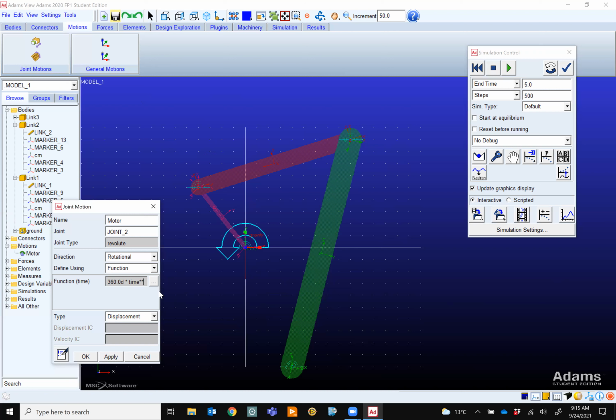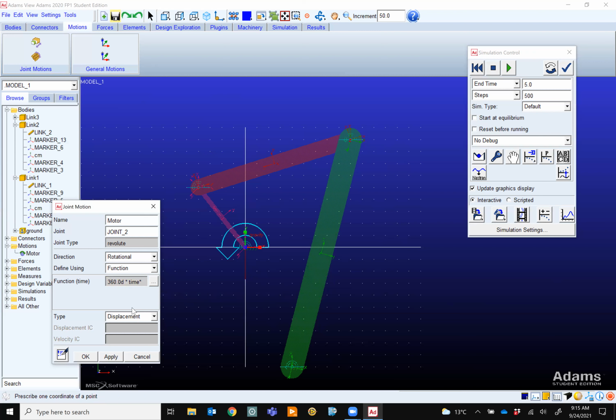star star. It means power 2, like Python. For a long time, I thought it has to be ^2, but it gives me an error. And then I was unhappy. I didn't know what to do. Then I realized, oh, it is a star star. Anyway, you can have any function that you want here.